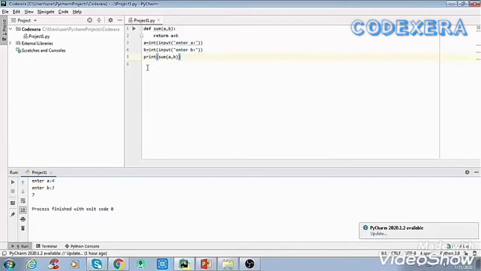We can also call a function by reference. I am not going to do that, because it will make our video very long. So you can refer to it somewhere on any site. I will only tell you what call by reference is in Python.